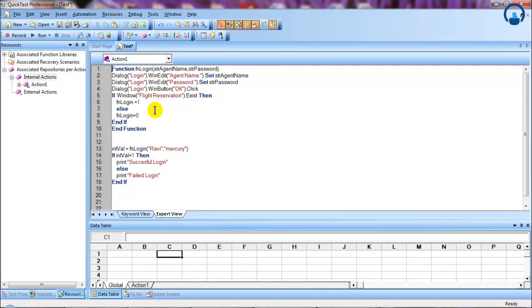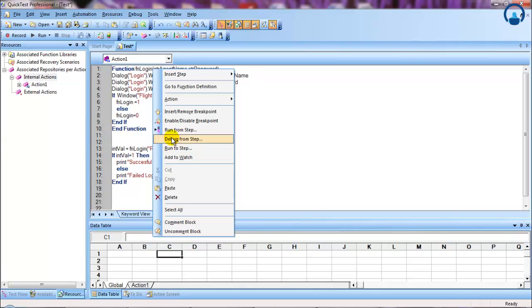Now let's see for the failed login. What I'll do is, instead of using Ravi, I'll use a 3-letter word. As you know, that 3-letter word cannot be used for login. There'll be a failed login. Okay. So when I debug from step,